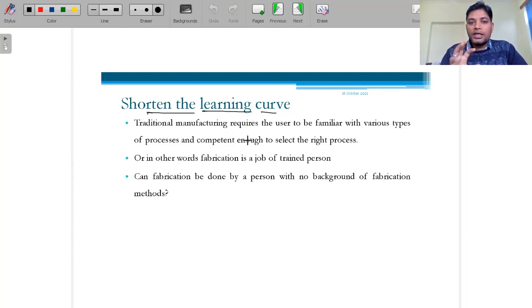Then what they are doing is converting the STL format into a G code or M code file. Now, why is this G code, M code required? I hope that you have gone through the CNC part. If you have not, there is no need to worry. I will explain a little bit.